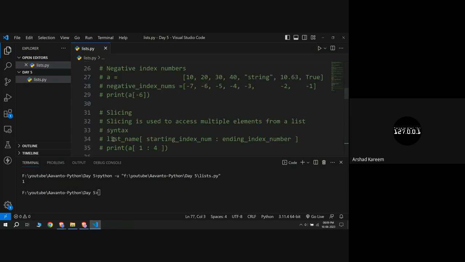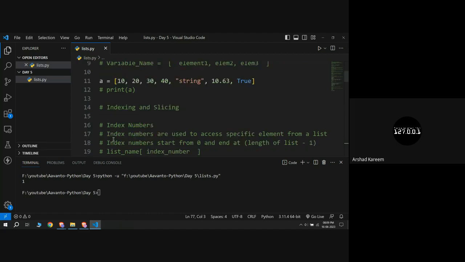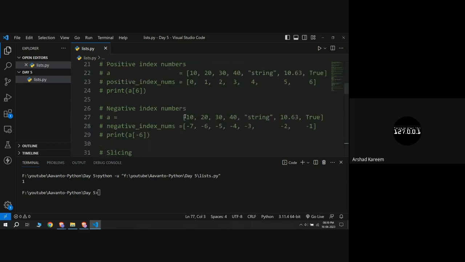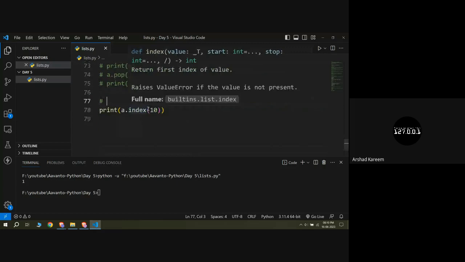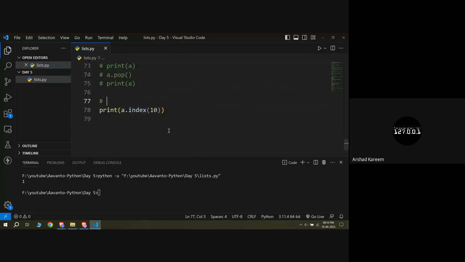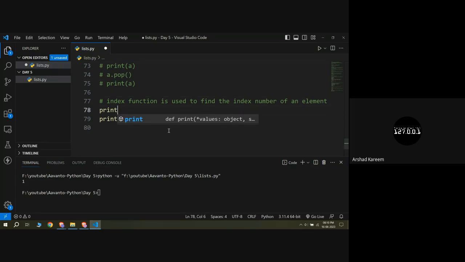Now I have told you that for each and every element there will be an index number in a list. So if I want to know the index number of a specific element, then I can use this index function. The index function is used to find the index number of an element. So if I print list A,